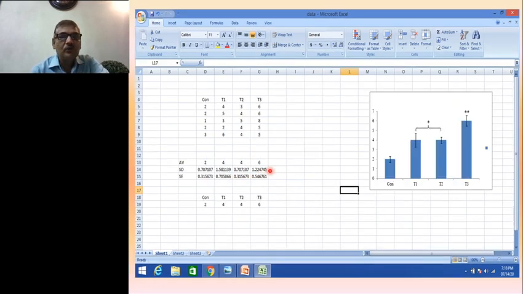So what we do, we can construct these average values, that is 2, 4, 4, and 6. These are the bar diagrams which indicate the mean values. And based on the standard deviation, we can also show the error bars.